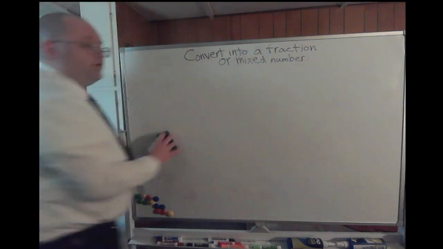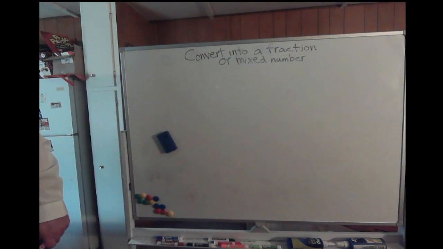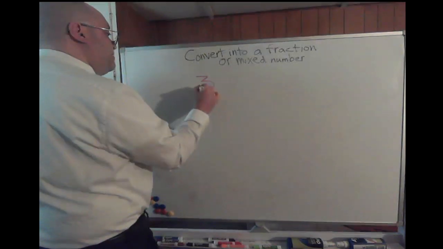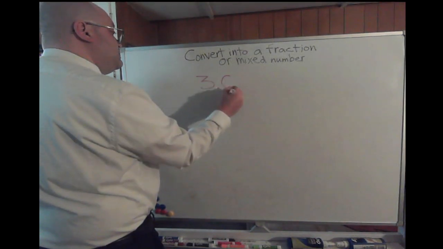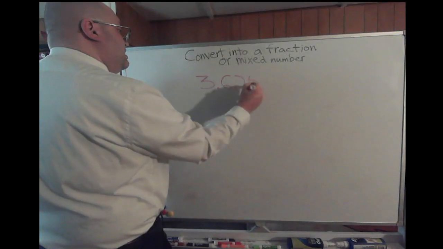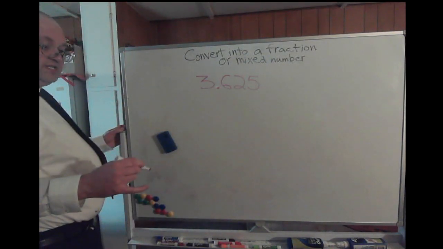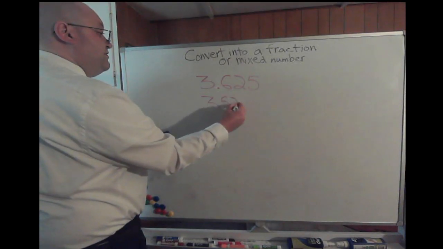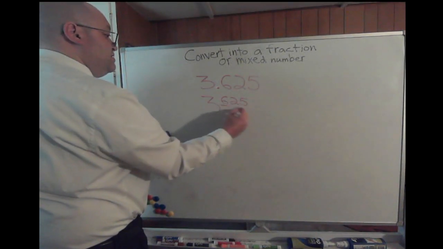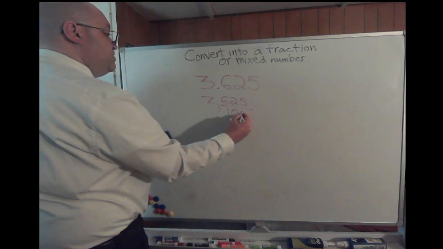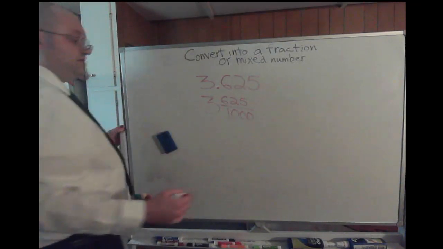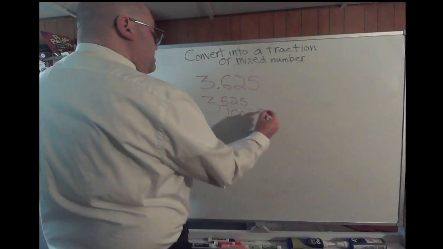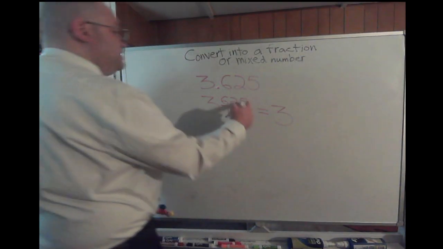I got a few more regular ones, then we'll be done. I got 2 more. We have 3.625. So 3.625 is read as 3 625/1,000ths. So we can also make that into your fraction, 3 625/1,000ths. Well, to save us all some time, of course we're going to keep the whole number 3, but 625